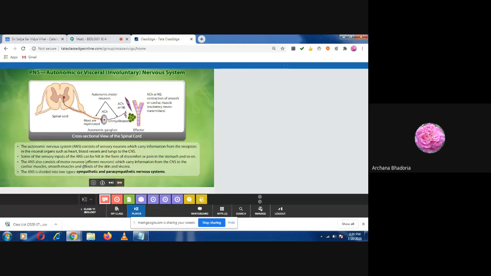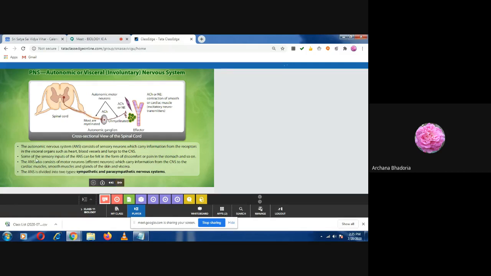So, if one set of nerves is taking the information from the receptors, तो दूसरे set of nerves CNS से सिग्नल लेके भी आएंगे कि क्या काम होना चाहिए अब. So for the action, the other set of nerves which bring the information from the CNS, we will call the motor neurons. Is it clear? And they will again be supplied to the muscles. So cardiac muscles, smooth muscles, and the glands of the skin and viscera. So you know that all our internal organs are made up of smooth muscles. Okay, except your heart. Heart has a special muscle. And what is that muscle?